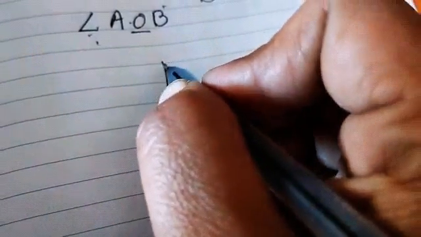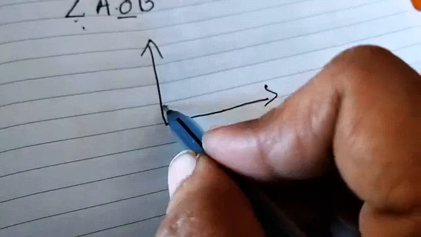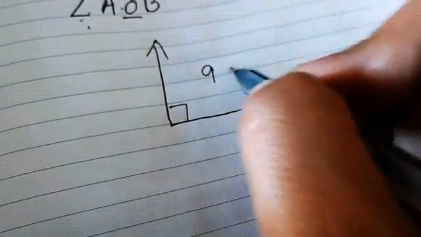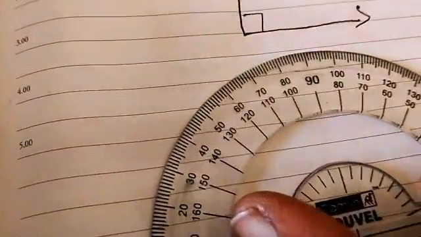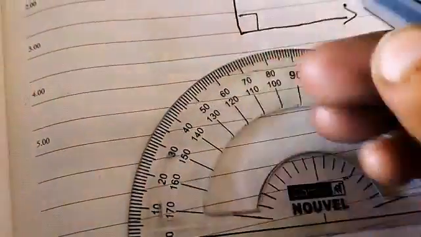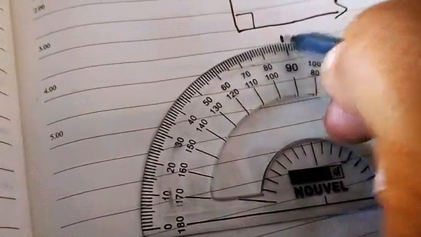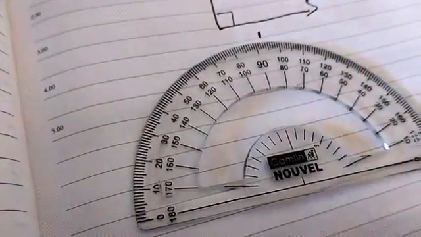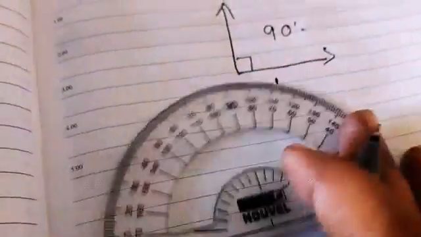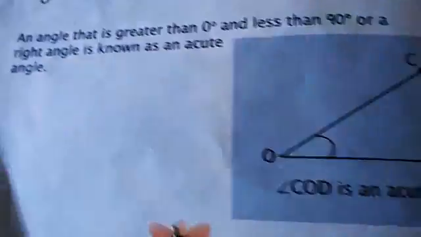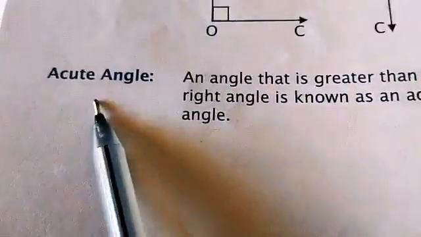I will show you. Straight, this and this, this and this, and here the square symbol is given and you can put 90 degree. Otherwise take your protector, and you can mark it from here 90. So this becomes your straight, and draw one line. So this becomes your 90 angle. 90 angle is your right angle.